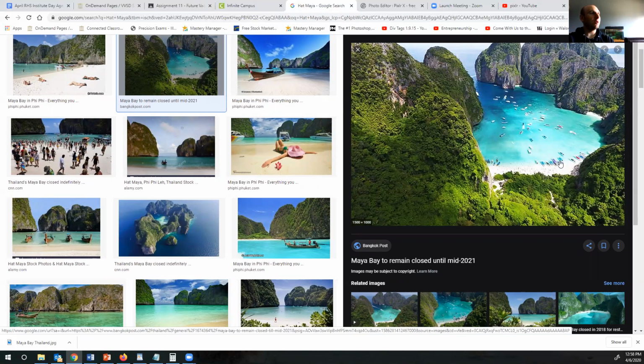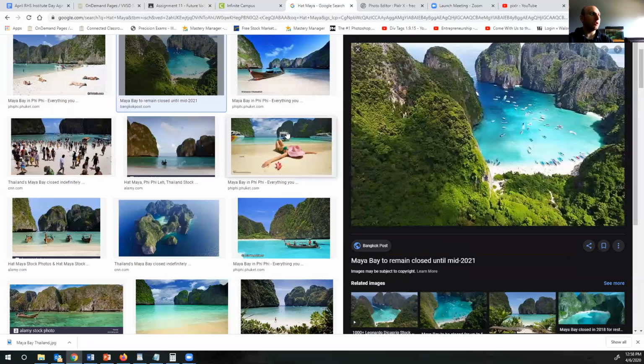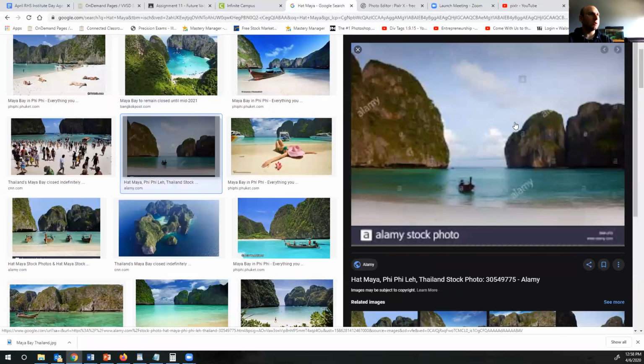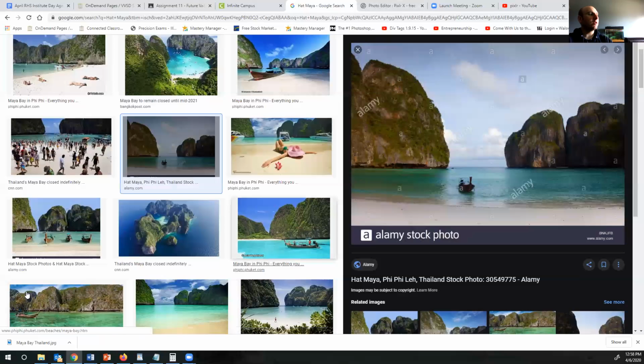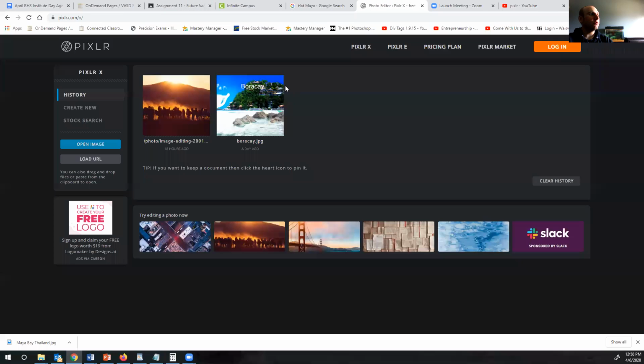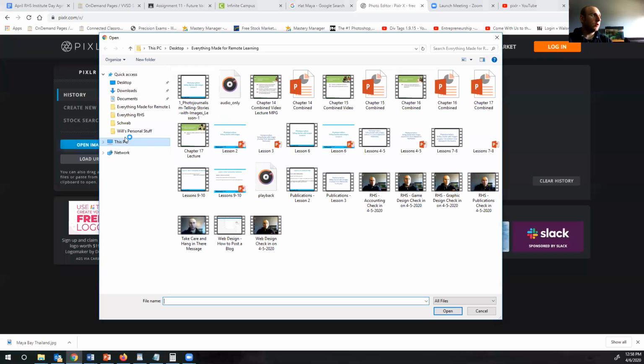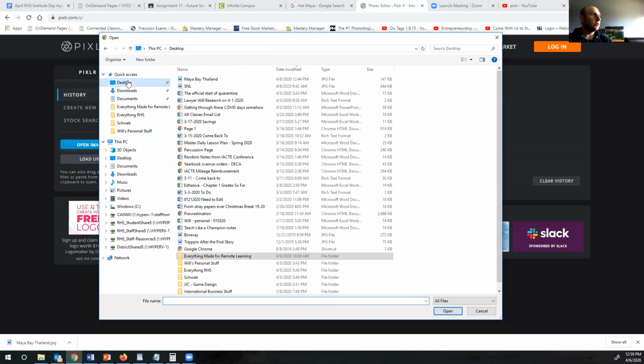Leonardo DiCaprio came out with this movie in 1999 or 2000, called The Beach, and it made this beach in Thailand really famous. Okay, so I already picked out my picture. This is called Maya Bay in Thailand. Okay, so I'll go to Pixlr in another tab, and then I'll actually